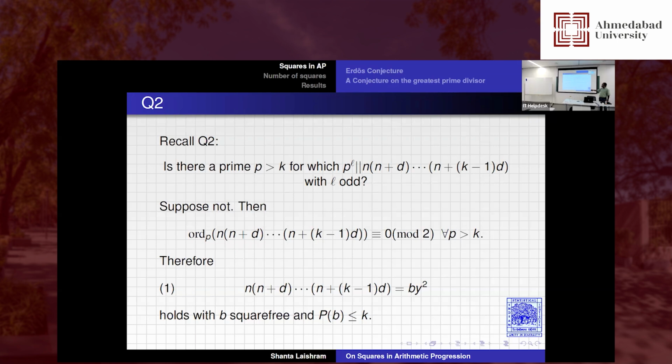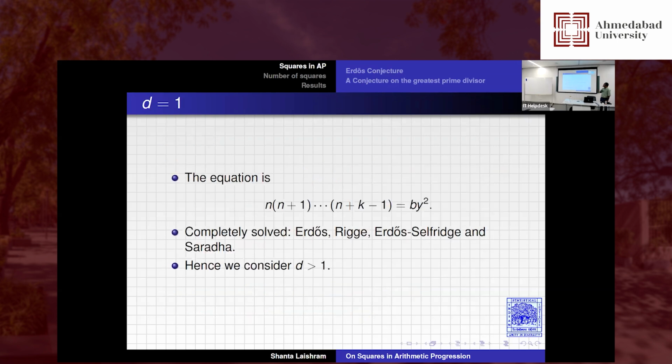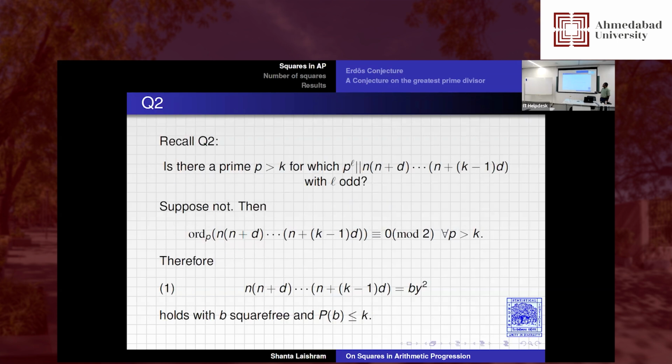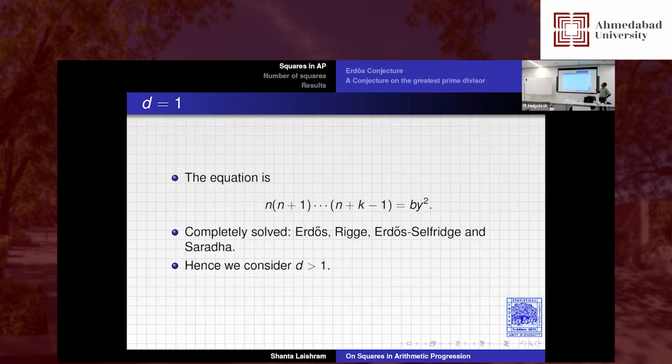So if this is not true, then we have an equation of this form. This can be written as b times y square, where b is a square free number whose largest prime factor is less than or equal to k. So we need to consider this equation. First, let's see what happens when d equals 1. When d equals 1, the equation is nothing but a product of k consecutive integers is some